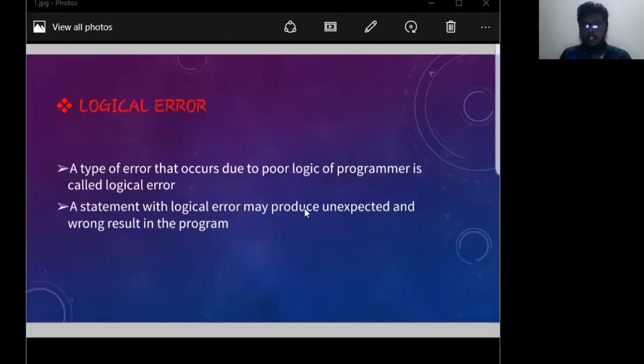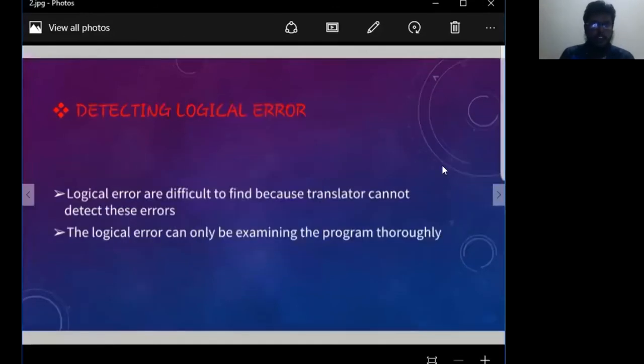Logical errors are difficult to find because the translator cannot detect these errors. A logical error can only be found by examining the program thoroughly. Therefore, we have to be very careful about this error.